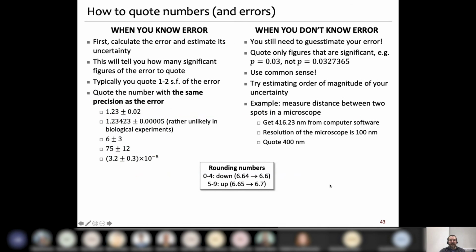Finally, a summary: how to quote numbers and errors. When you know error, just again, first calculate the error and its uncertainty. This will tell you how many significant figures of the error to quote. Typically would be 1 or 2. Hardly ever you are getting 3 or more significant figures. And then quote the number with the same precision as the error. So you start with the error. And there are a few